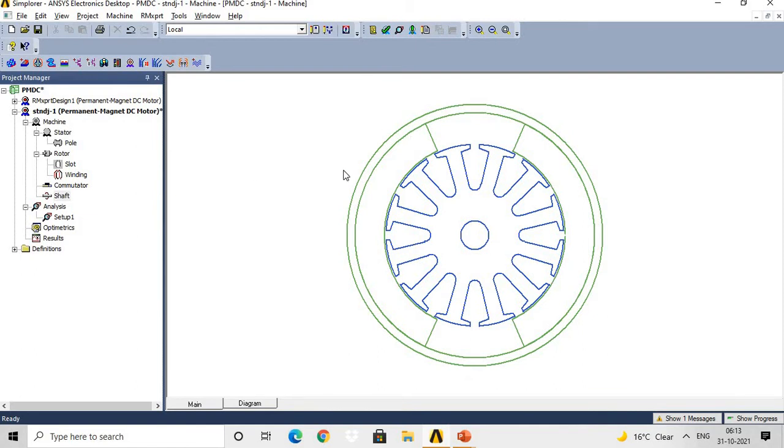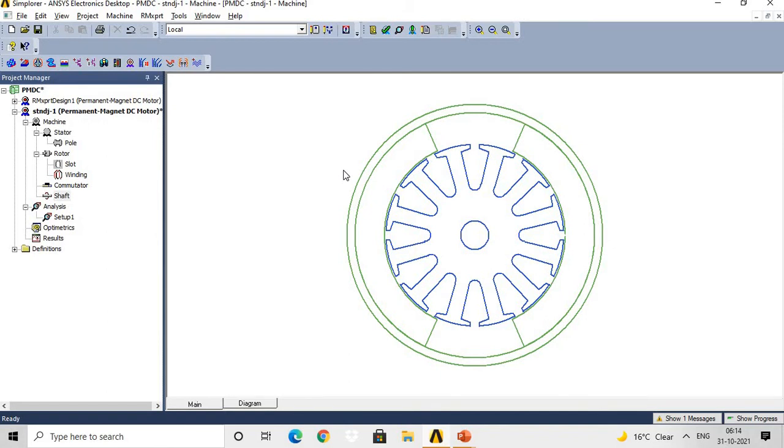But before going to do the simulation, we want to check our design, whether that design is validated or not. And after the analysis, if there is any error, like any design input which is given from your side, if it is not within the acceptable limit, then it will show the error.